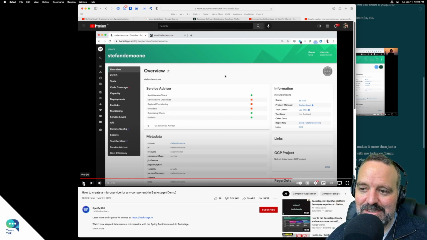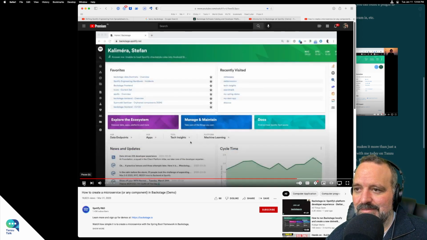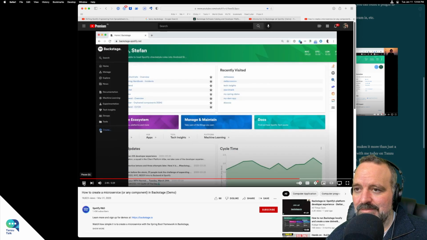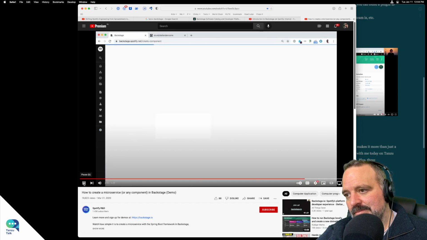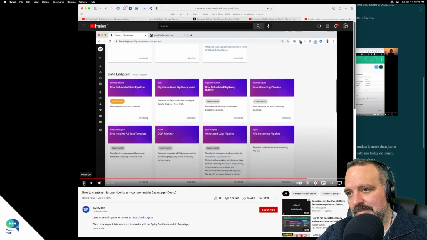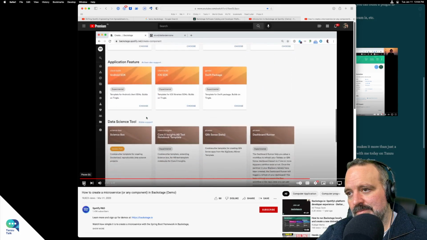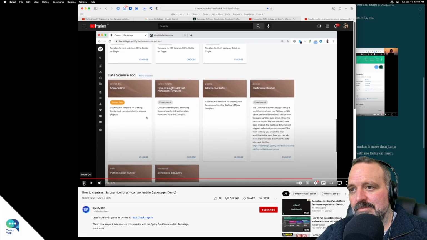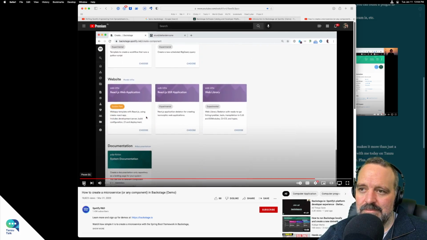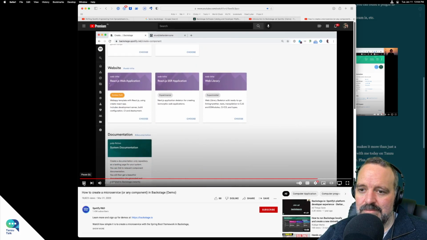But let's keep watching. The UX environment I was already familiar with. If I wanted to create another type of component, for example, a website, the procedure is the same. And once here again, I just scroll down to see what different types of software components I can create. And in this example, look at that.